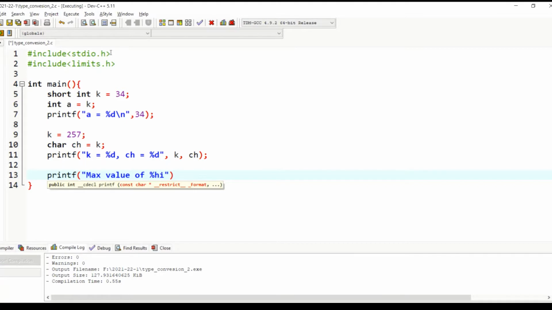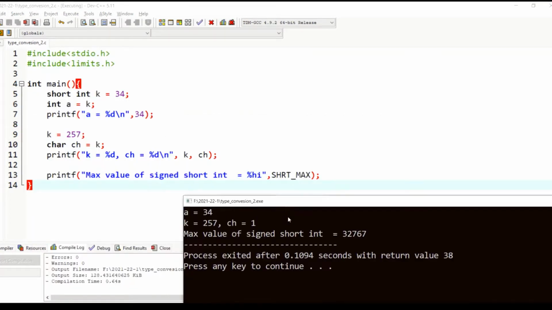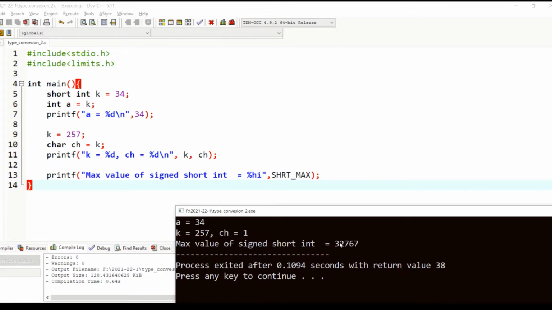Let's see the name of the constant. The name of the constant is SHRT_MAX. It will print the maximum value a signed short integer can store. Save, compile and run. See, this is the maximum value a signed short integer can store.